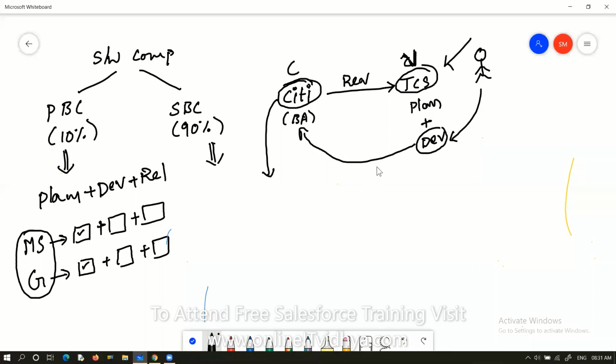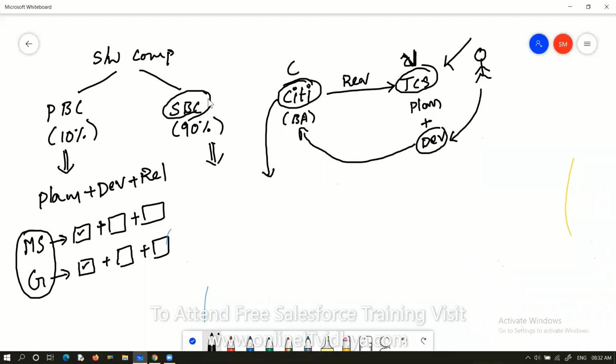Here, Citibank is giving the order to TCS, so it becomes the client. TCS is going to take the requirements and develop that application. That's why we call it a vendor, a software vendor. These types of software vendors we also call service-based companies. They are going to give the service.